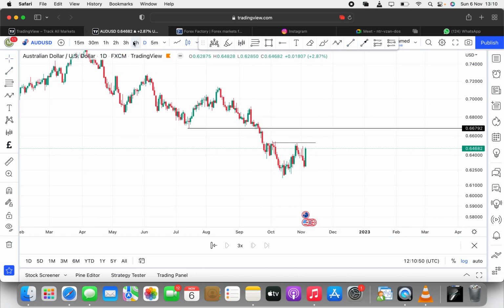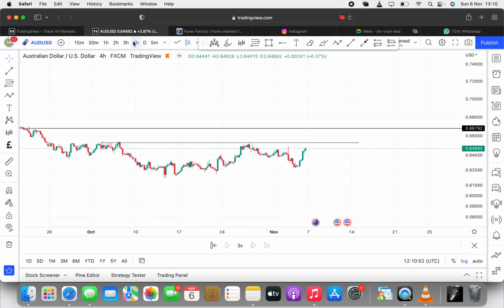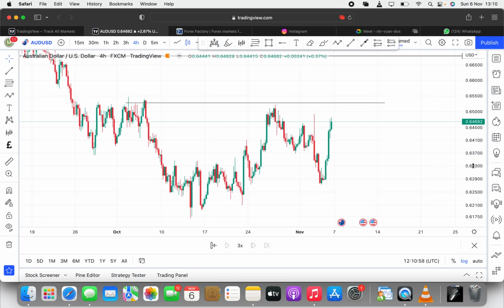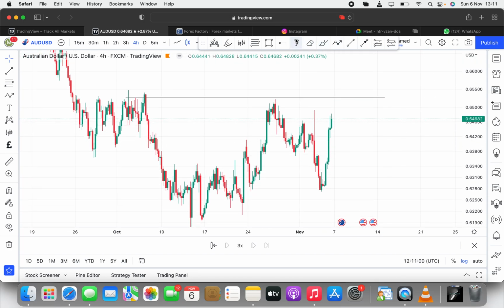So we go to the 4-hour time frame. Adjust the screen. Take away this. You see price came back here. Why did price come back here? I think we sold this last week. We did sell AUD USD and made a lot of profit from it